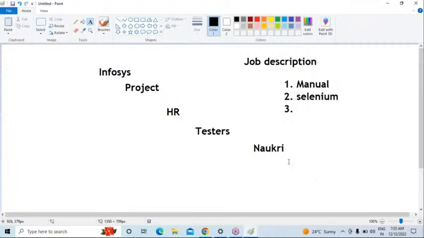They're explaining it: in our company, there is an opportunity. Are you interested to join here? Your profile is matching with our job description. Then we can say yes. So they are going to be collecting the details and they will schedule one interview. So based on this process only, you are going to be